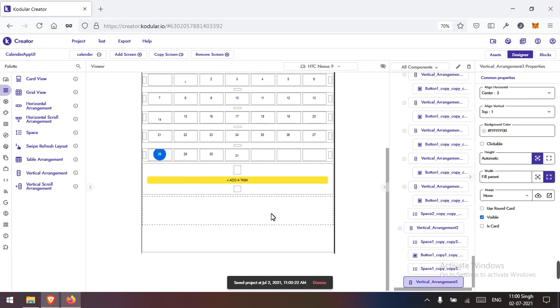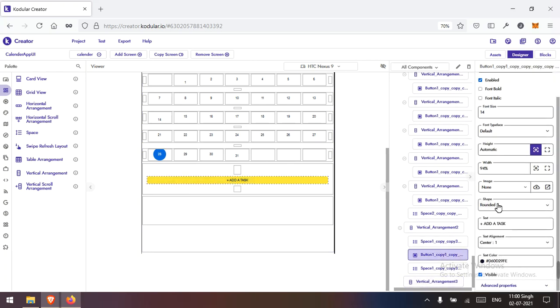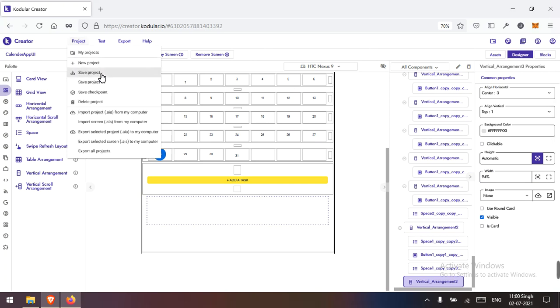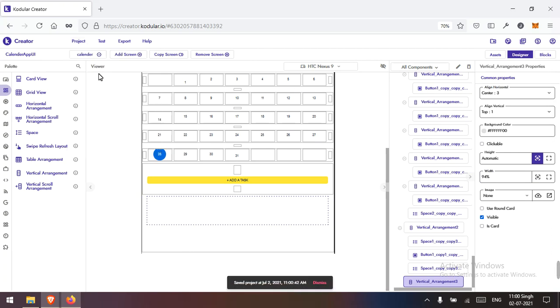And here we can use like 94% width, and then we can generate our